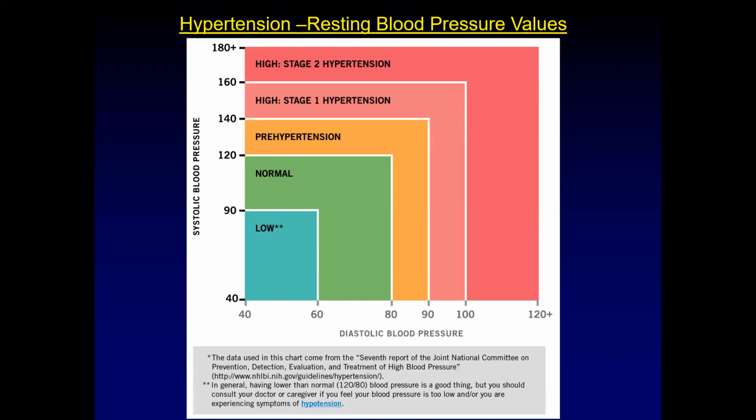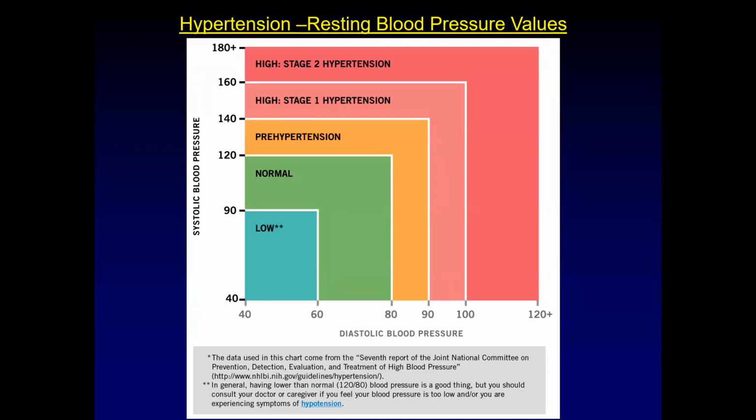I kind of like the colors and the way they're breaking all of this down. I know we had mentioned what the cut points for hypertension were previously, but it's not always that simple. It's not just simply 140 over 90. We break these down into stage 1 and stage 2 hypertension, and what we call pre-hypertension. If you're pre-hypertensive, they probably won't put you on drugs, but they might encourage you to change your diet and physical activity habits. If you're stage 1, they're going to start with diet and exercise to try to treat it.